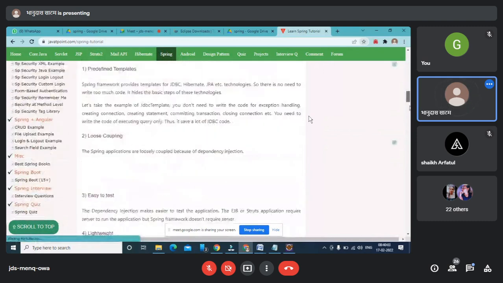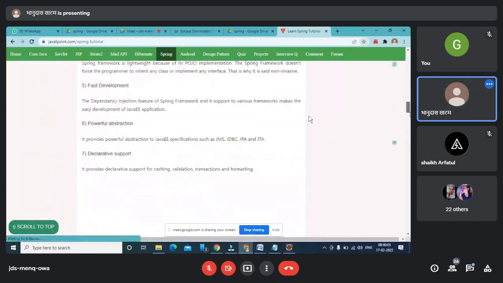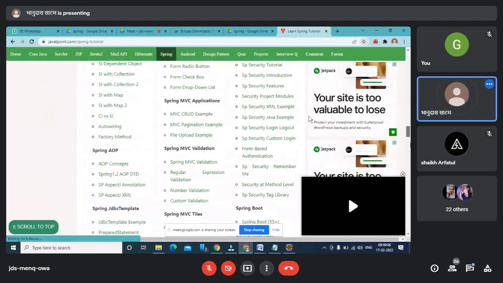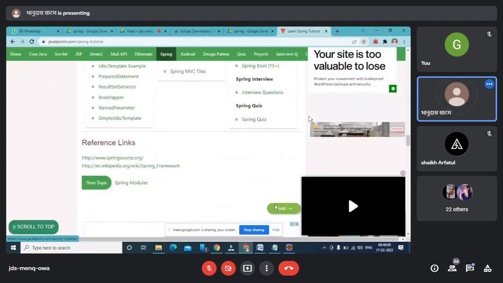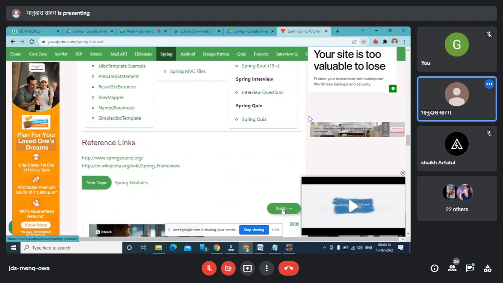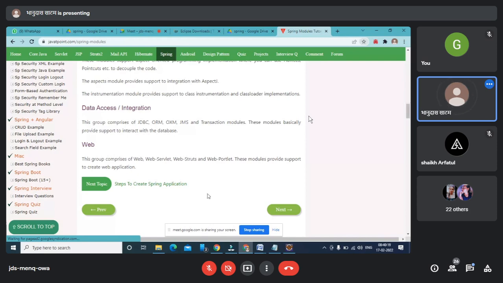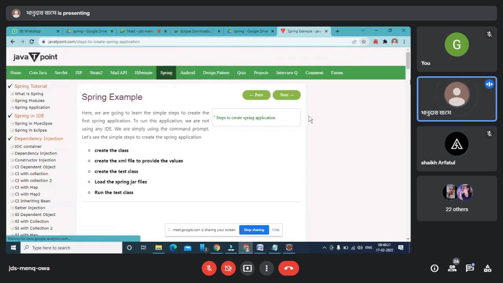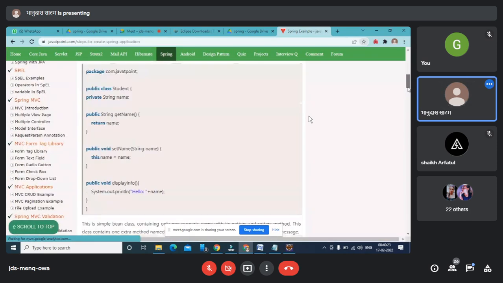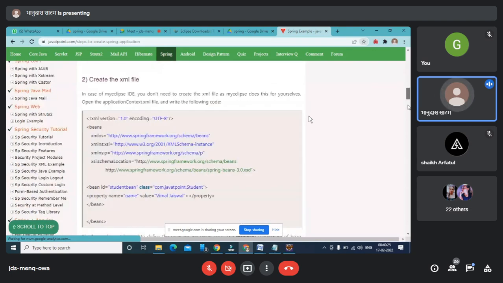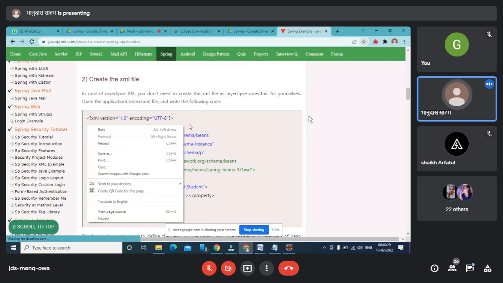Okay, so this is my Spring copy here, looking for those XML files. I'm just copying this part. Okay, I'm interested in this part here.